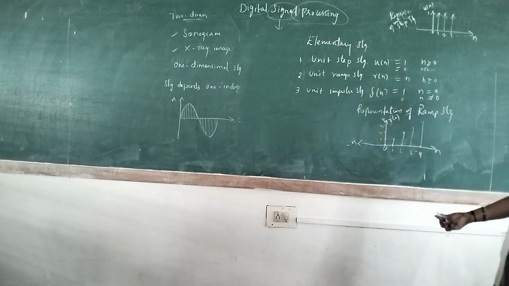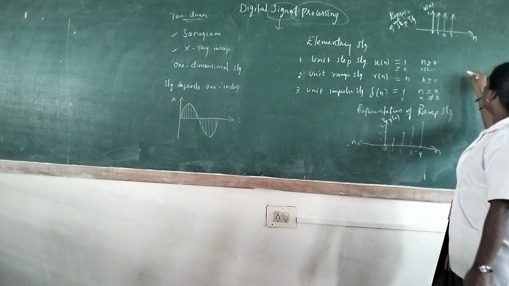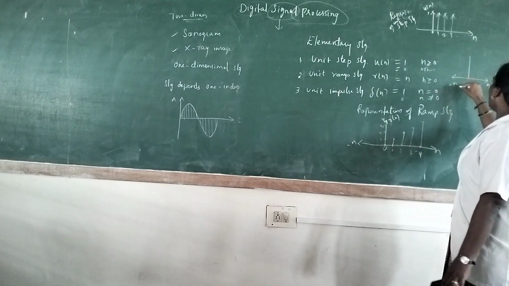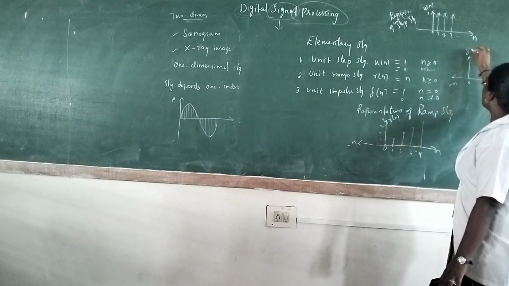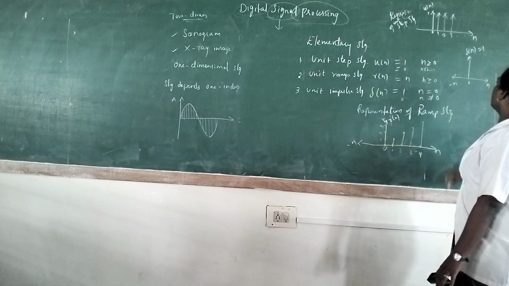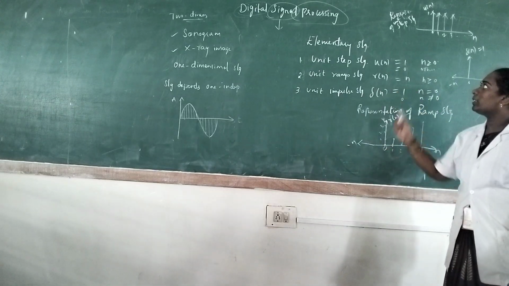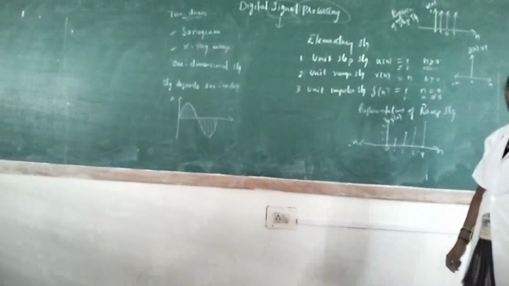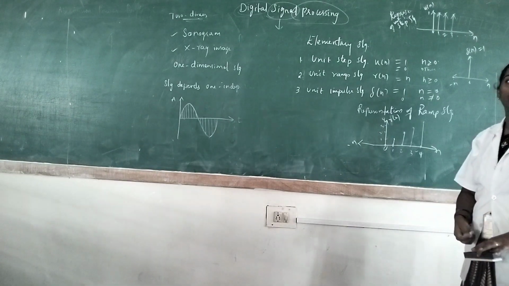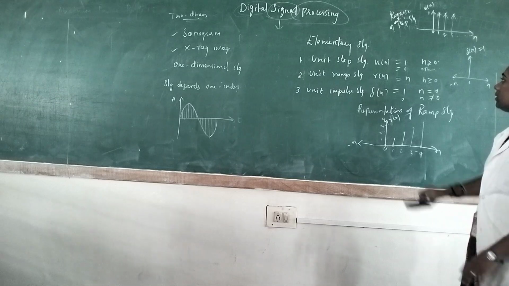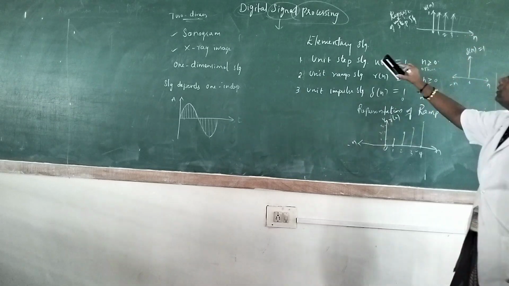So this del of n, the impulse signal, can be represented as n minus n 0. This is del of n is equal to 1. So these are the general conditions for these elementary signals. We will be using these conditions in upcoming problems. Okay. And then, so next thing,